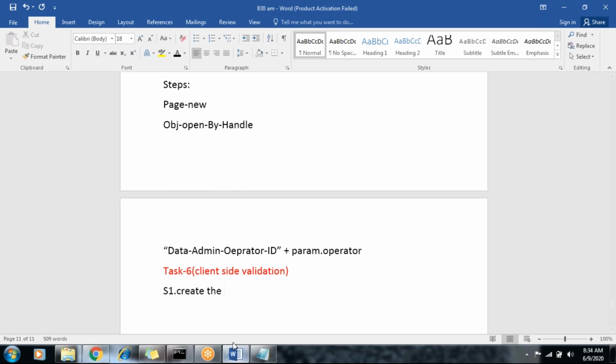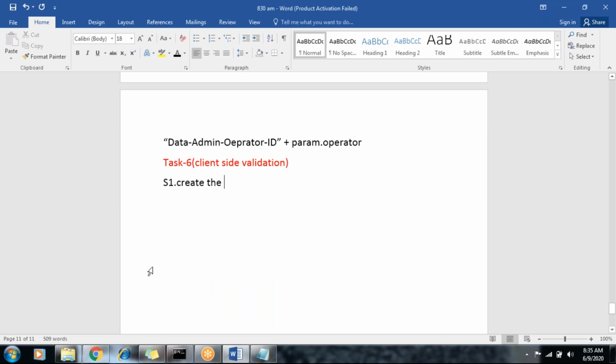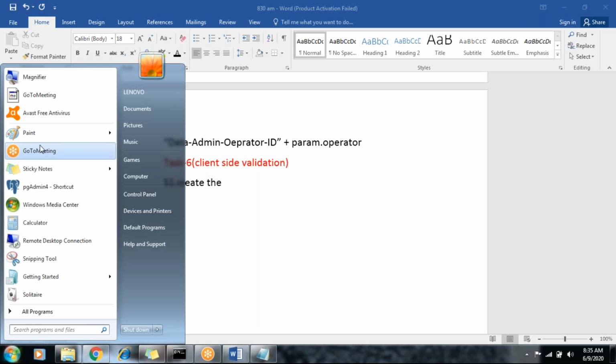So here I'm going to show how we do client side validations for the properties. Suppose you want to apply client side validation.